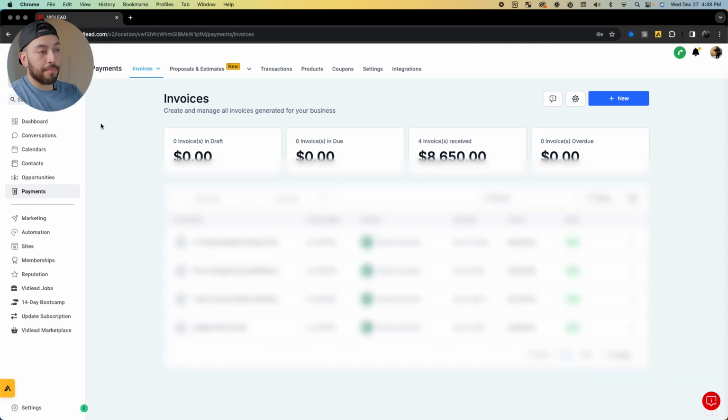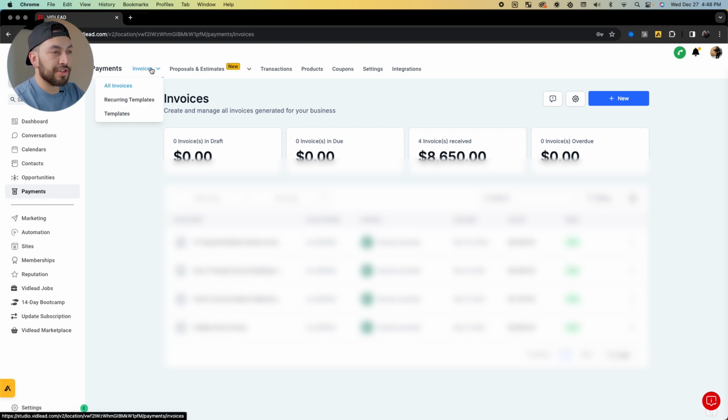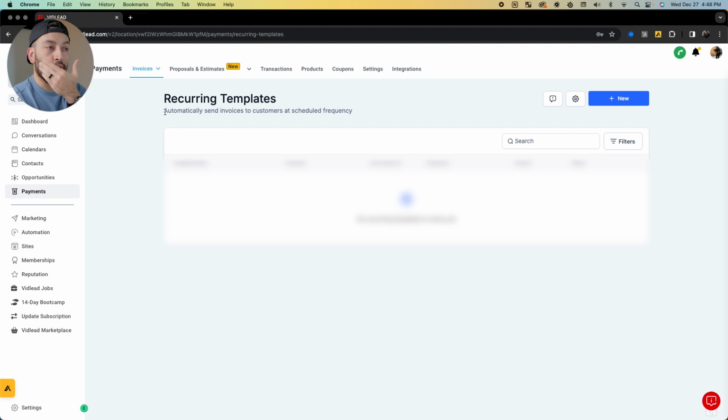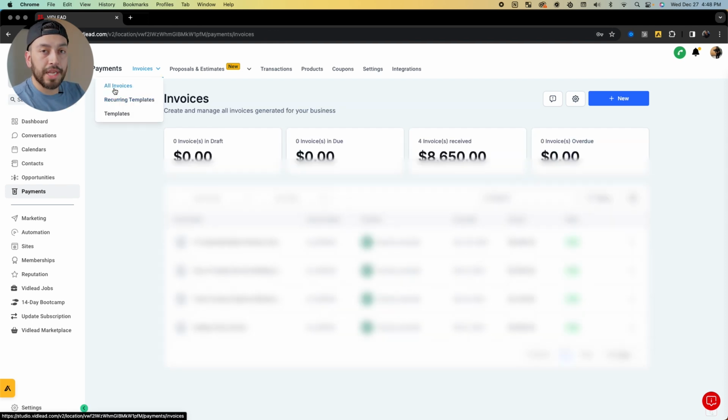All right, so next we have our payments tab. This is really cool too because of all the opportunities it provides for you. As you can see here in the drop-down menu, you can do recurring templates, you can do invoices, and it has a bunch of templates that it comes with, like event photography, or you could create your own templates. It doesn't come with templates for this, but you can create your own, as many as you want. Recurring templates are really cool because if you have people who are on retainer,